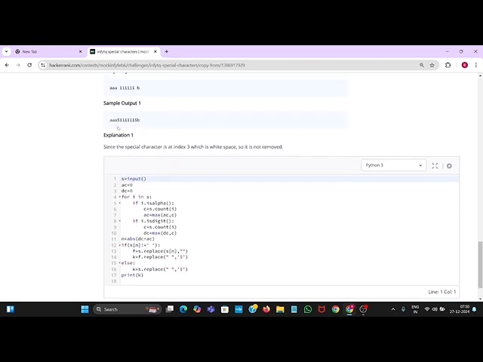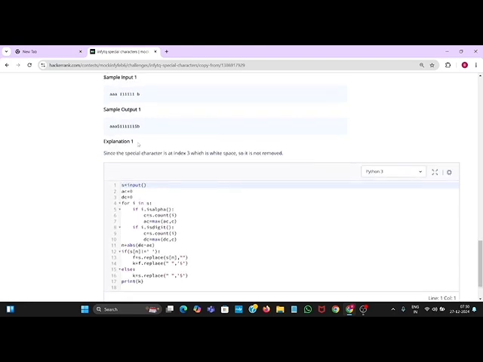Suppose, let's see this example. At first, A will come. So, A is an alphabet. In this step, we count the number of occurrences of A. So, A occurrences are 3. 3 will be stored in C. In the below step, the maximum of AC comma C. It means AC is initially 0 and C will be 3. Out of these two, maximum of 0 comma 3, 3 will be stored into AC. Next, for the remaining two A's also, it will remain the same.